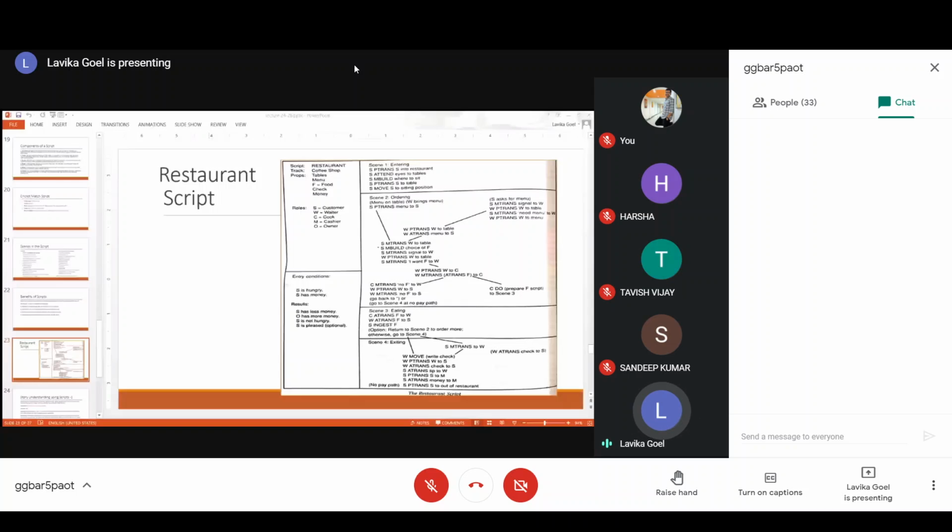Going into the restaurant, then S ATTENDs eyes to the table. So he's looking for the table. That's what you normally do in a restaurant. First of all, you enter, then you look towards the tables, then you decide where you should sit. So he's attending his eyes to the tables and then deciding where to sit. So S MBUILD where to sit. Then he has decided, so he'll go to that place. So S PTRANS S to the table. After deciding where to sit, he is going to that place.